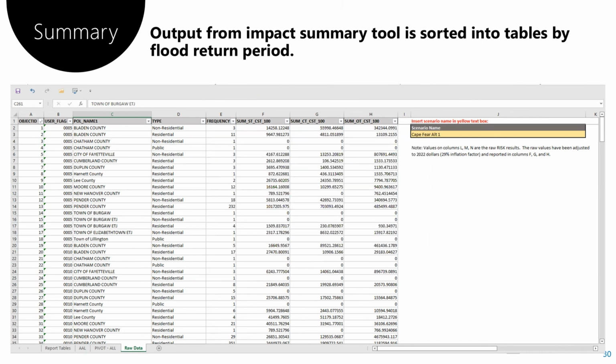And so our output from the tool is this slightly more organized, but not completely ideal table where we can see that we have our political boundaries and our occupancy types as well as our costs, but it's still a